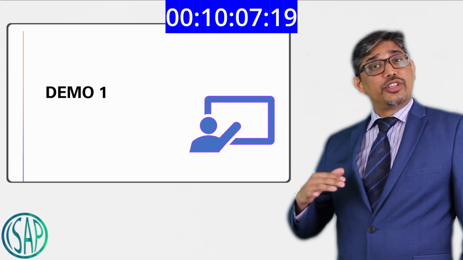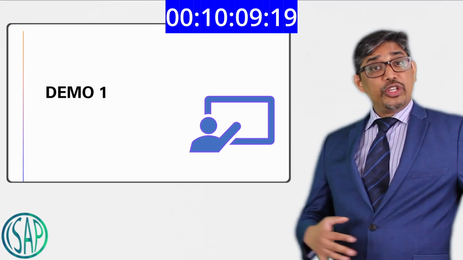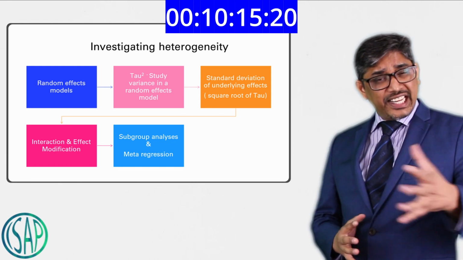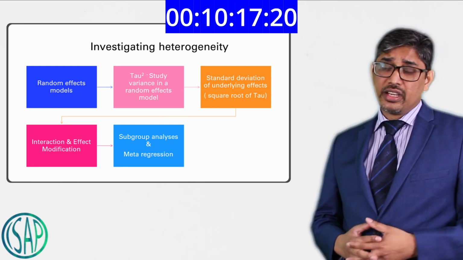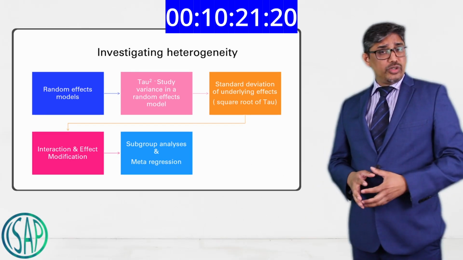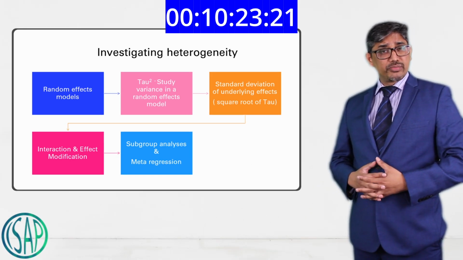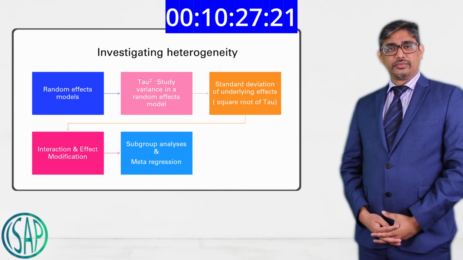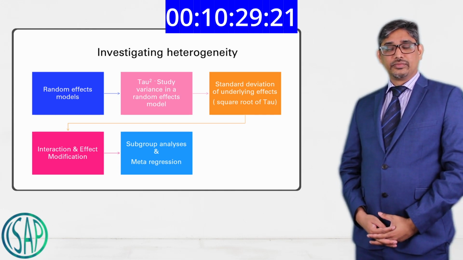Instead of getting into trouble with heterogeneity, we should actually investigate heterogeneity prior to doing a meta-analysis. One of the best ways is to select random effects models. So before I go in depth about these, does anybody in the group know what we mean by random effects model? Yeah, I think a random effects model is when we assume that the studies are different to each other.